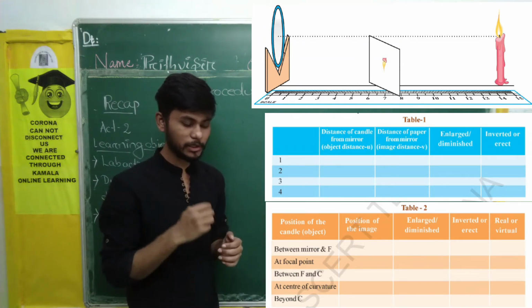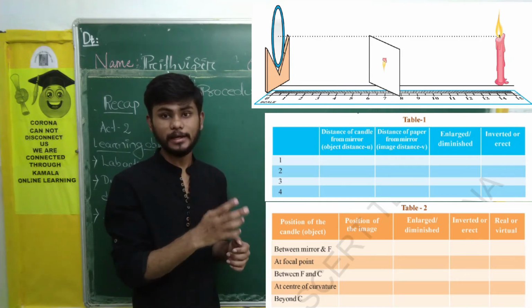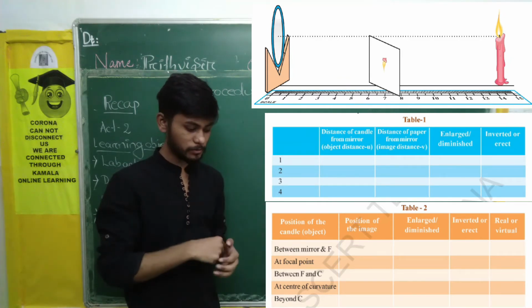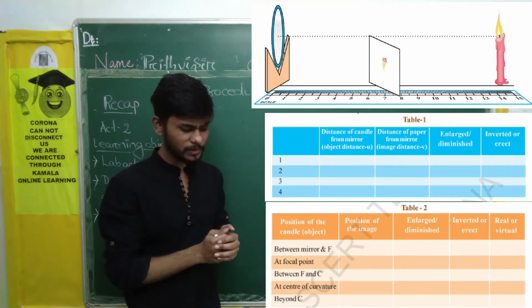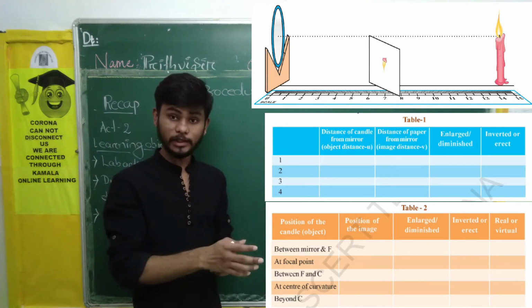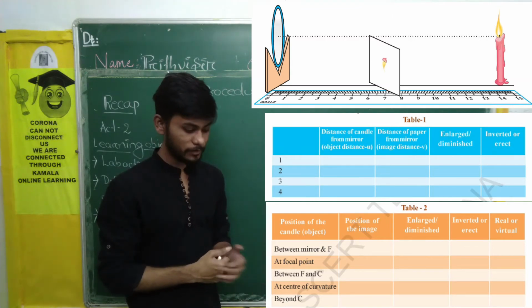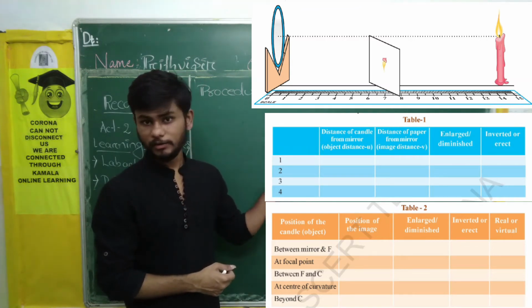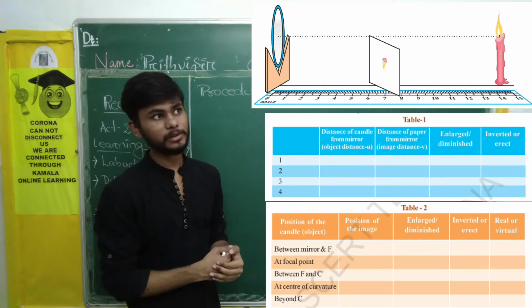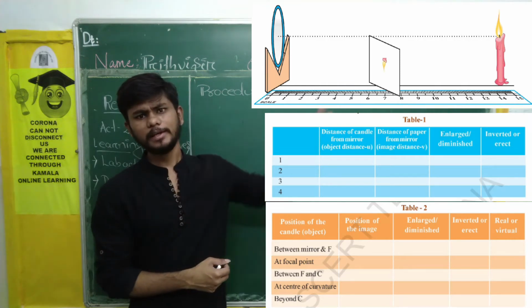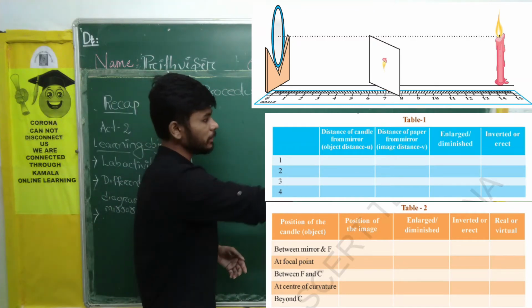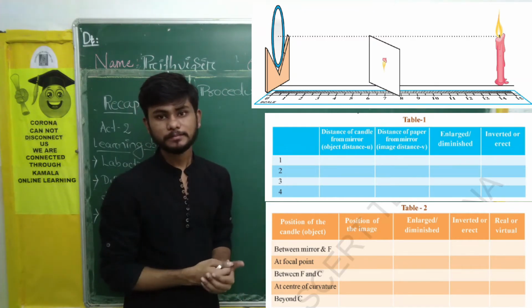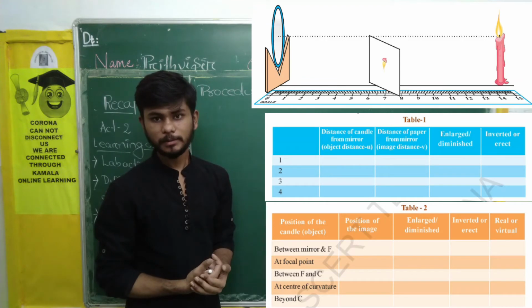we will place the candle exactly on the focus. Next we will keep it between focus and center of curvature, and after that we will keep it at the center of curvature, that is at C, and after that we will keep it beyond C. Beyond C means after our center of curvature. So at these points we will keep our